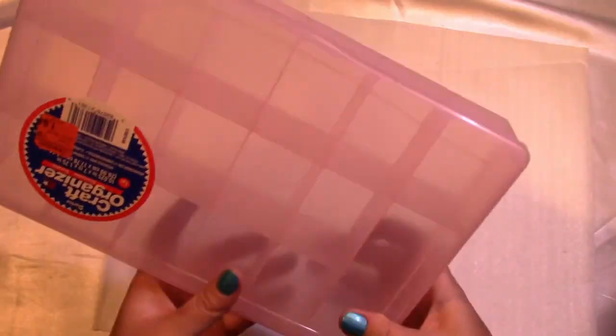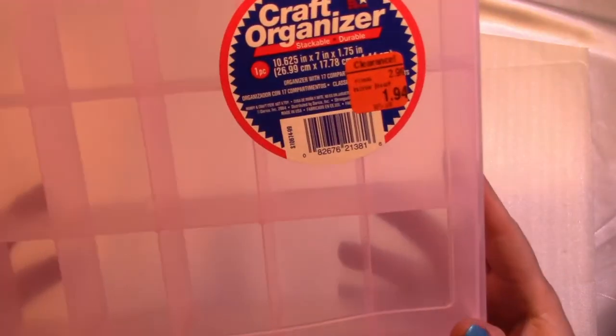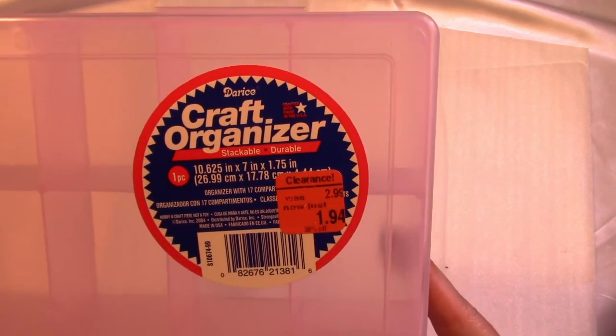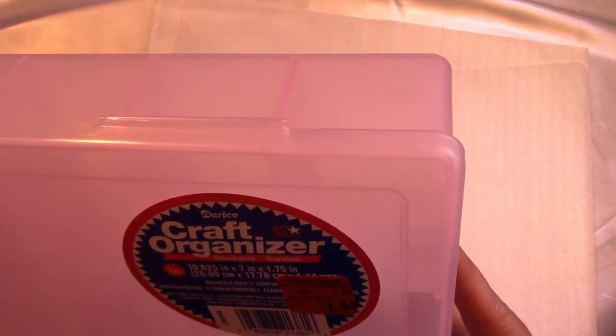So then I got, if I can find it, I got these. I thought these were really cute. They don't have the plastic hinge ones, but look at the price. They're regularly $3. This was $1.94. It's a Dury's craft organizer,